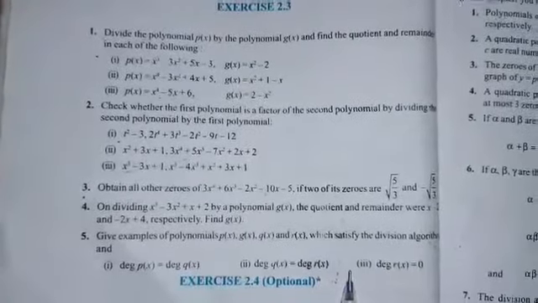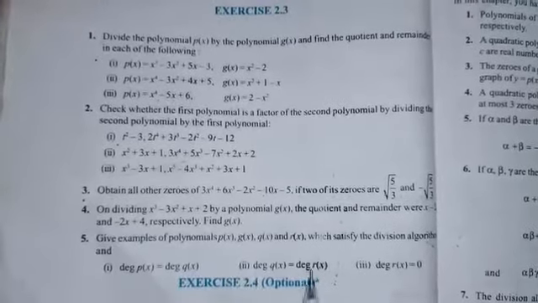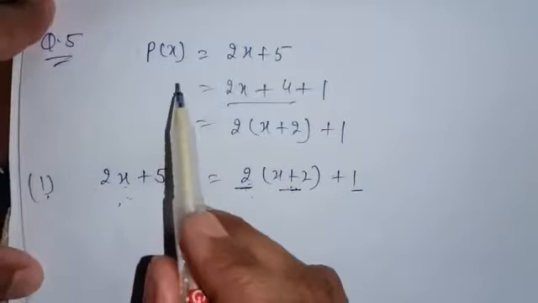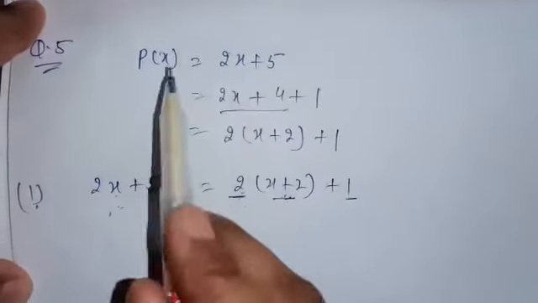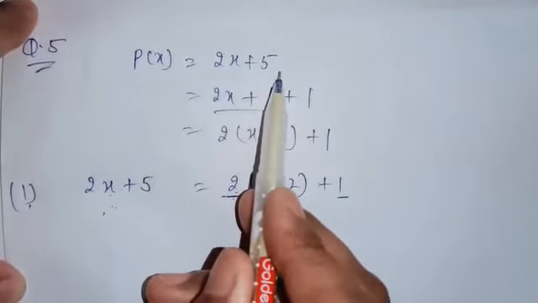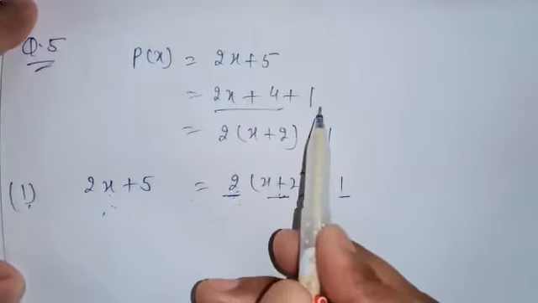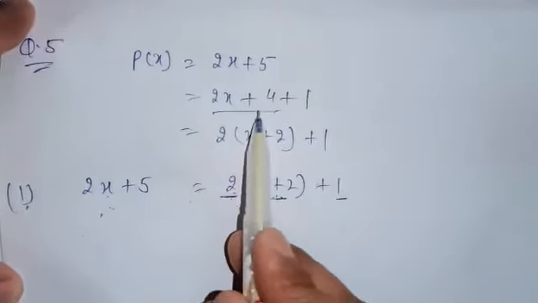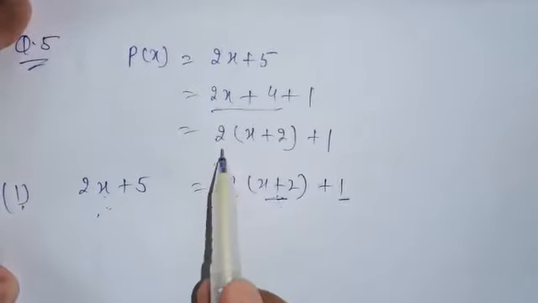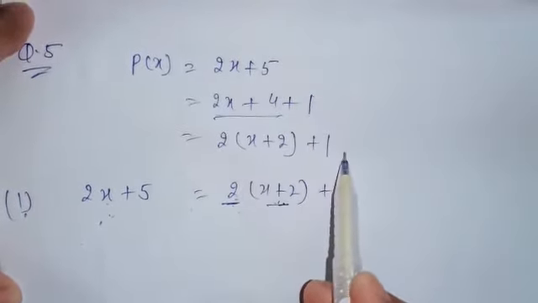For solving this question, beta, we will use one trick. You have to remember one polynomial which satisfies all three parts of this question. The polynomial is p(x) equal to 2x plus 5. This polynomial you have to remember. Now we will break this 5 in two parts, 4 plus 1. So we can write this polynomial as 2x plus 4 plus 1. Now from these two terms we will take 2 common and it becomes 2 times x plus 2, plus 1.